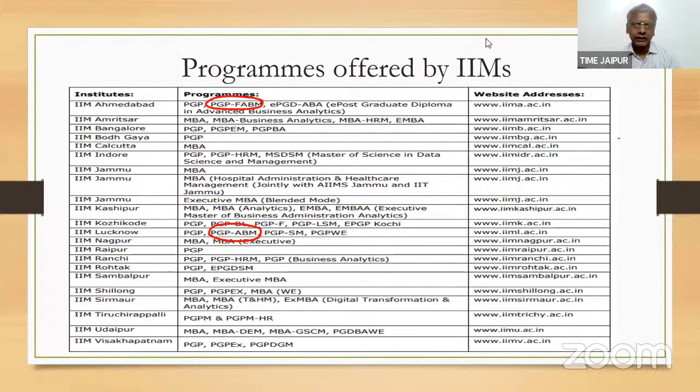It's a consumable, what we call the FMCG goods, or there are certain capital goods, lots of things. So for all these things, when you go to the hinterland, or you move beyond the tier 1 and tier 2 cities, companies are looking, the managers, do my marketing people have some insights about that area, that segment? So typically this program, the ABM program, equips students with that kind of knowledge, with those kinds of insights